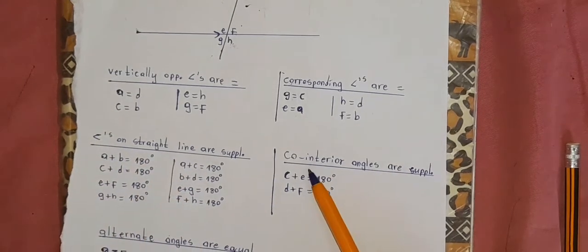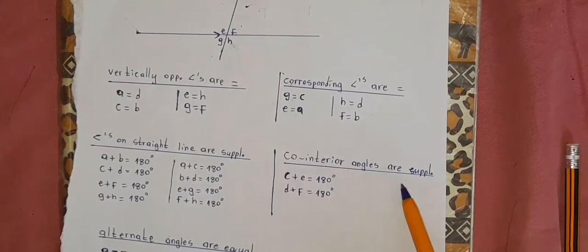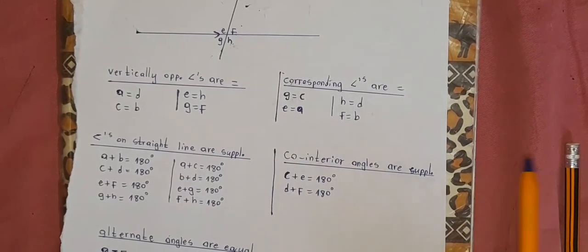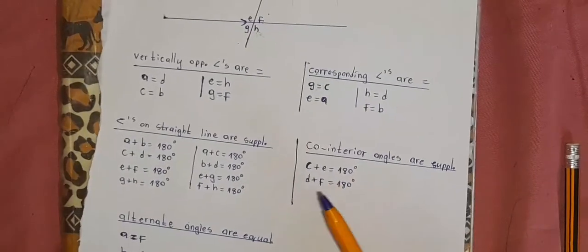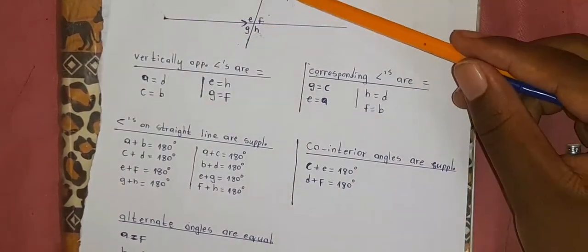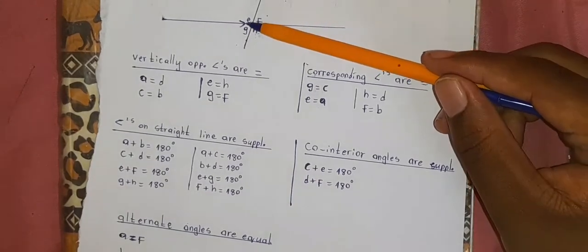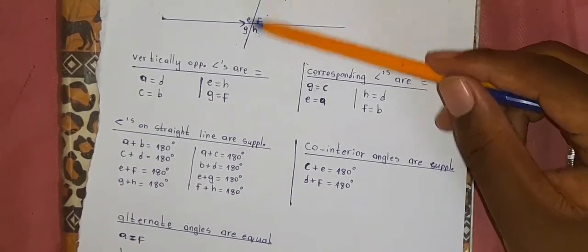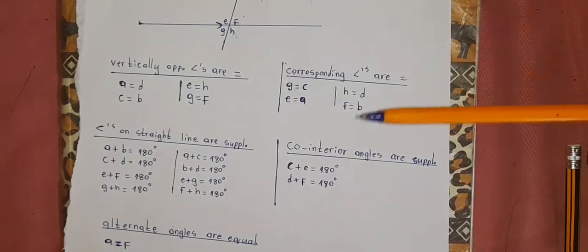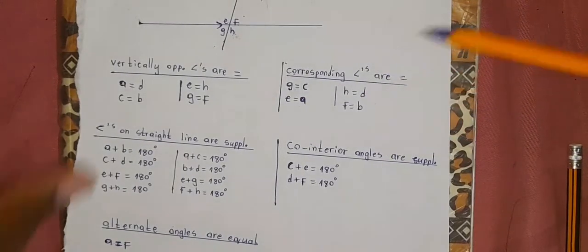And we have co-interior angles. Co-interior angles are also supplementary. That means they add up to 180 degrees. This plus this add up to 180 degrees because they are co-interior. This plus this add up to 180 because they are co-interior angles. And we move on to